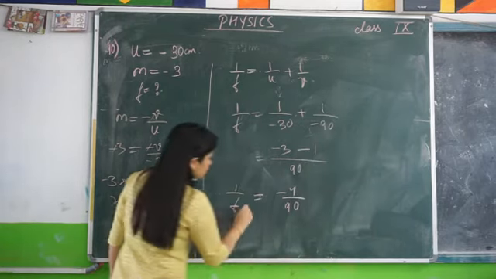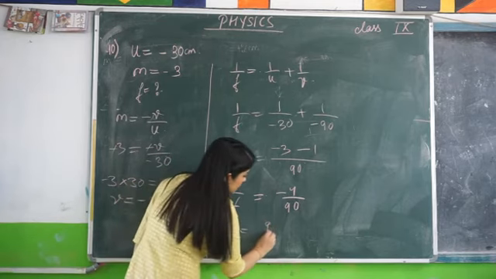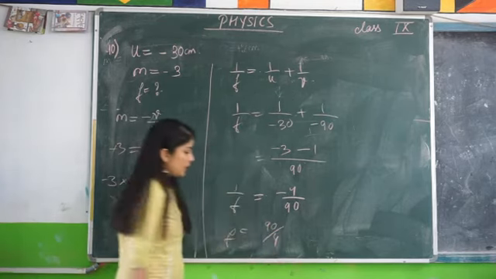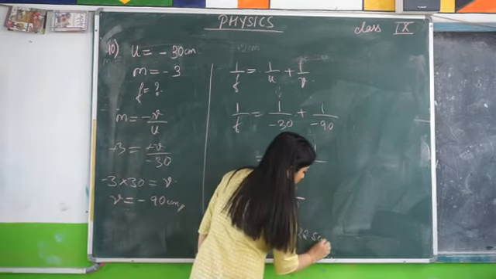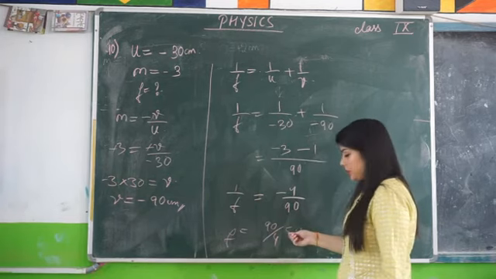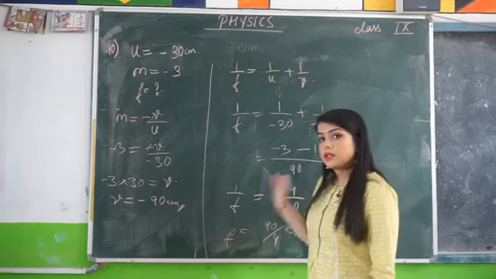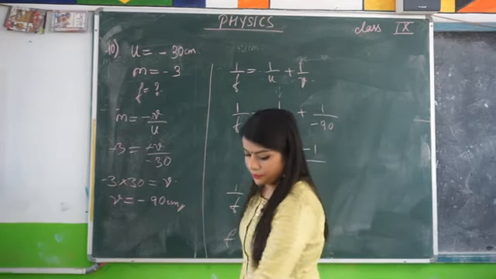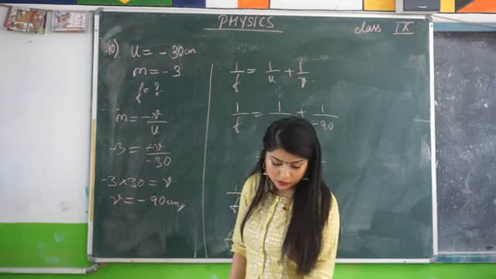So 1 by f is equals to minus 4 by 90. Or f is equals to, we'll just do the reciprocal. So 90 by 4. If you divide this, you get around 22.5 centimeter. So this will be the focal length, that is 22.5 centimeter. And there will be a minus in front of that. It means that the focus also is in front of the mirror. Okay? This is for question number 10. This is what you have to find. The focal length of the mirror and